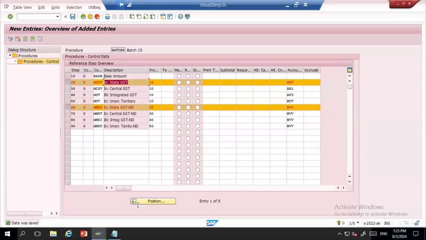When you maintain the tax code in your purchase order, the values are going to flow from your tax code and the condition record. Whenever you put a base price, an amount for the material, the system is going to calculate the tax based on the base price and give you the tax rate there. When you are doing the goods receipt, this will not get affected. Only when you are posting an invoice will these tax values come into picture.